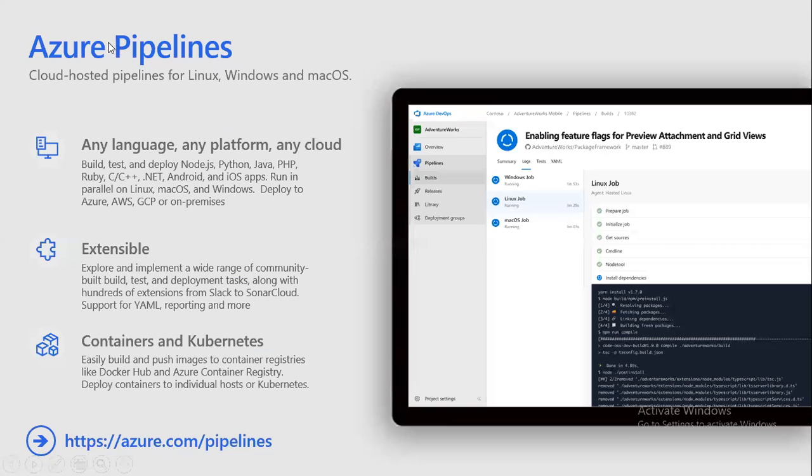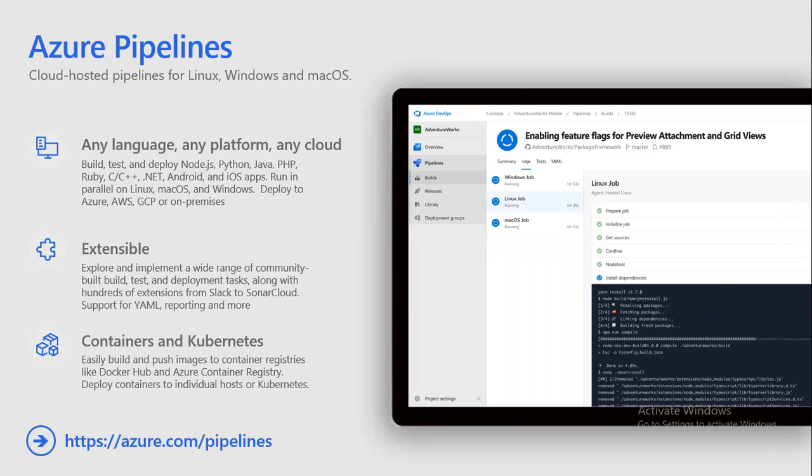Now, these are the best features of Azure Pipelines. Till 2018 there was no Azure Devops. There was another software called VSTS, which is the earlier name of Azure Devops.